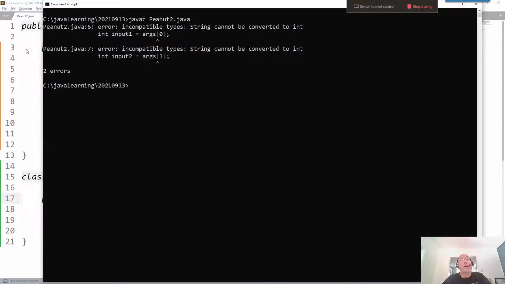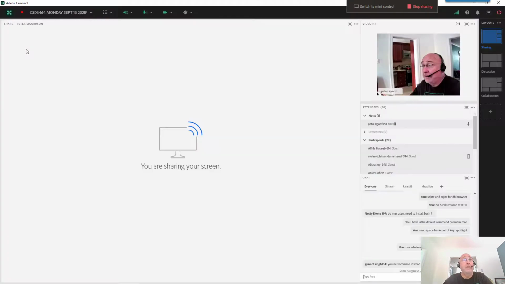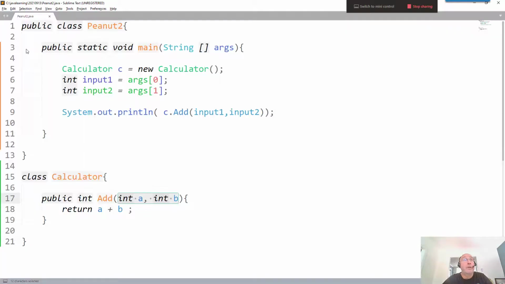Now here the thing is that what I get from the command line is text, right? We're going to talk about data types next week, but it needs to see a number. So we have to convert text to number. So the way we do that here is